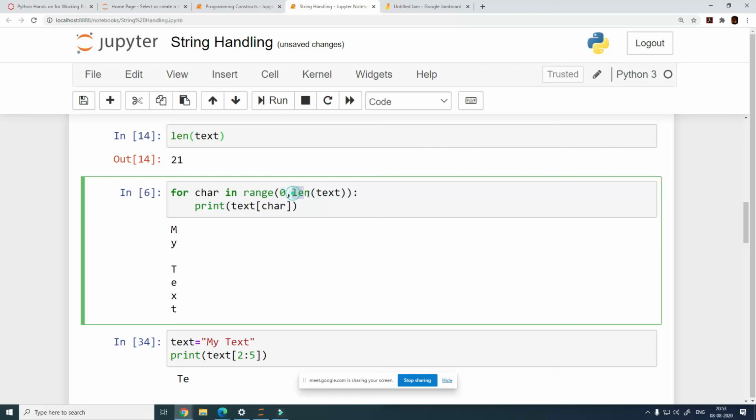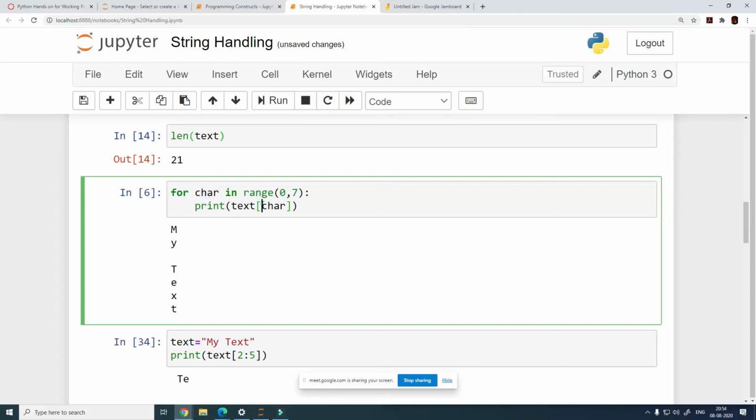So this is the same as 0 to 7; instead of len, it gets interpreted as 7. This loop is going to run from 0 to 6, and this value of 0 to 6 is going to get replaced at this position for this variable char.